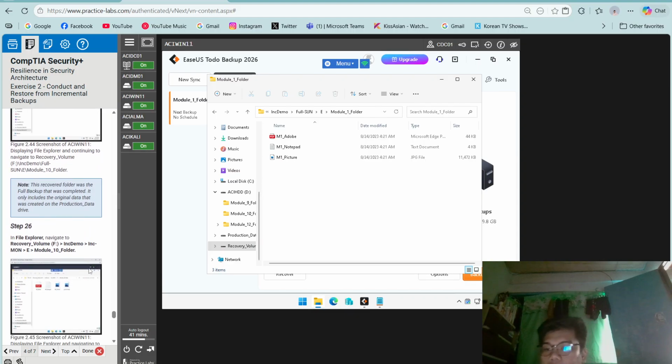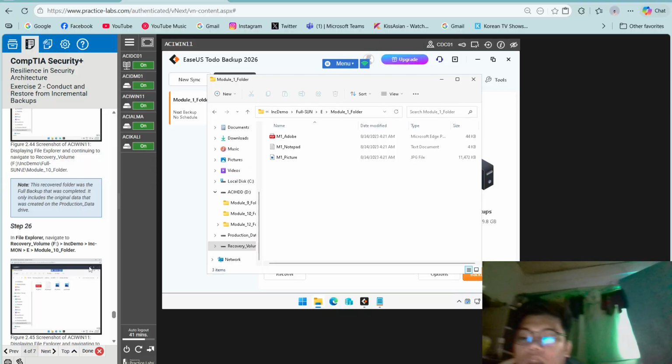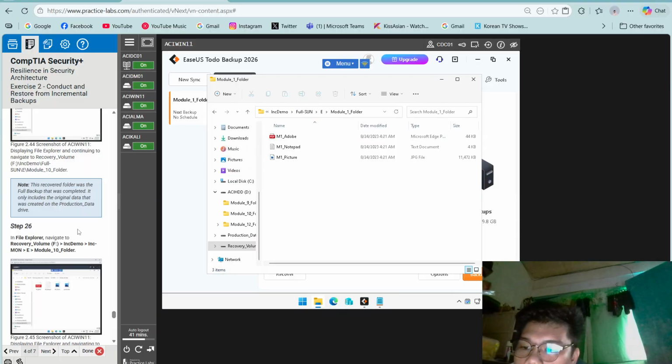So this recovered folder was the full backup that was completed. It only includes the original data that was created in the production data drive. So navigate to recovery folder volume F, Ink Demo, Mon, E,